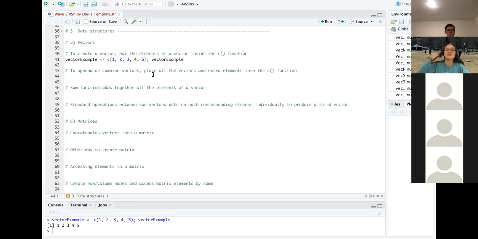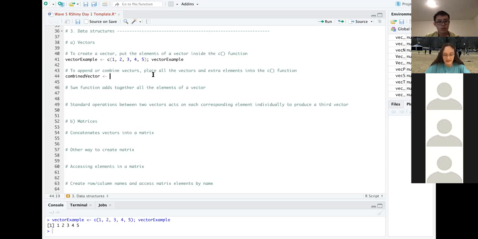We can also combine vectors or grow them by adding them to each other. We can add numbers, we can add strings, we can also add vectors. And we do that again with the c function, which is kind of nice. So let's create something called a combine vector.